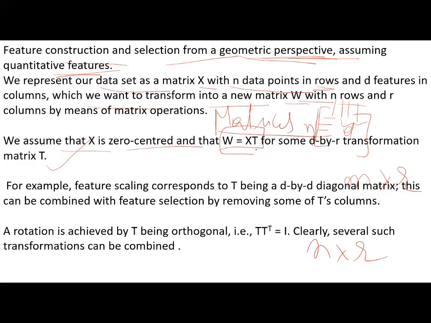For example, feature scaling corresponds to T being a d by d diagonal matrix. This is called a diagonal matrix, and it can be used for feature selection by removing some of these columns. The rotation is achieved by T being orthogonal, T transpose T is equal to I. Clearly, several